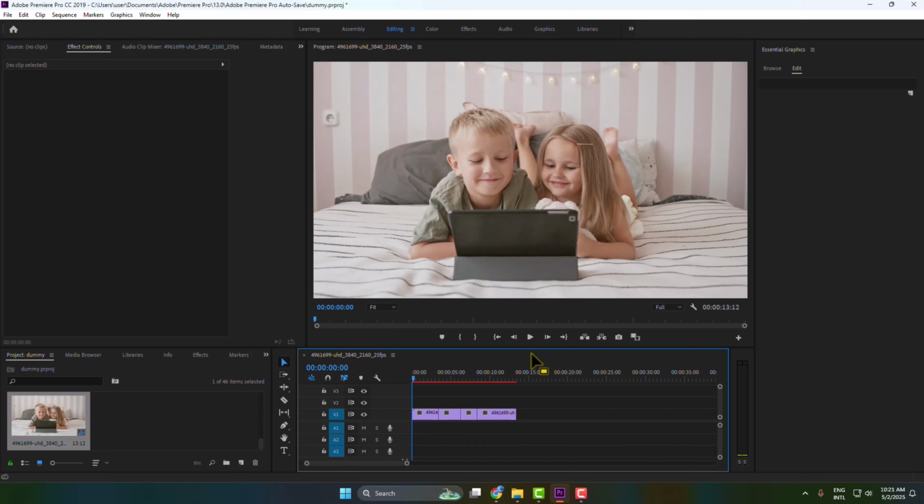I'll show you how to easily fix playback lagging issue in Premiere Pro. First of all, click on this select playback resolution icon, and here you have to select 1/4, and then